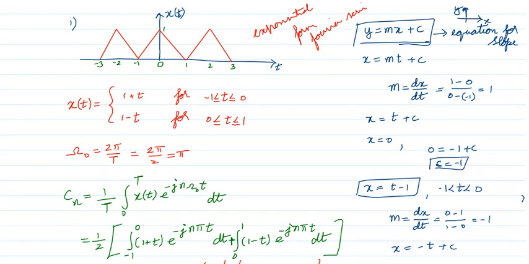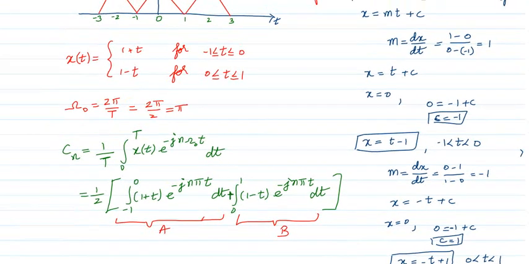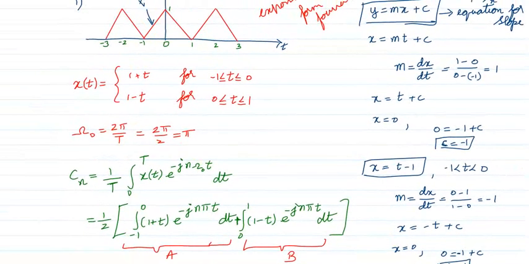This is for this part of the slope. It is t minus 1 when the time is between minus 1 to 0. Now we compute between the time 0 to 1, and again we repeat in the same way. Now the slope, if you look here, is going from 1 to 0. What is the change? Amplitude change is 0 minus 1, that is the change in dx. What is the change in time? 1 minus 0. So slope is minus 1.